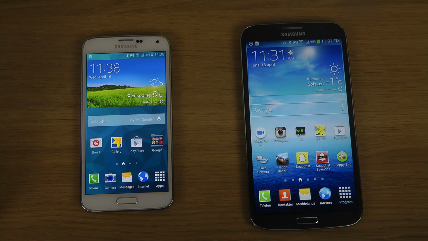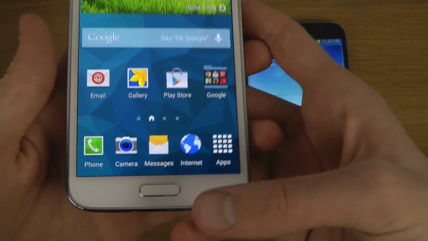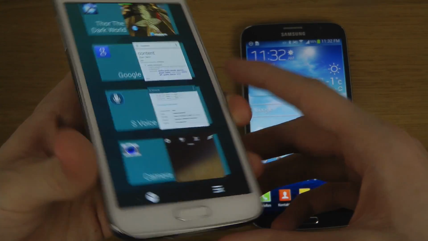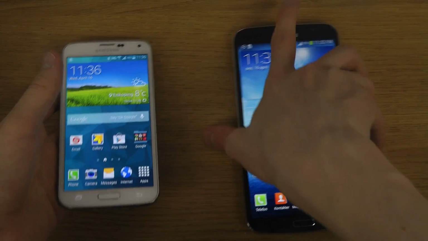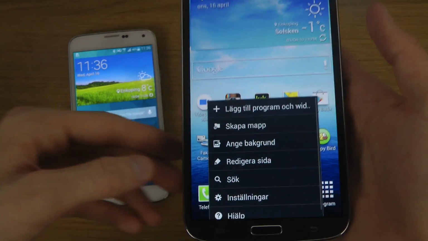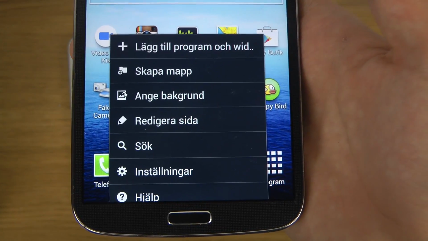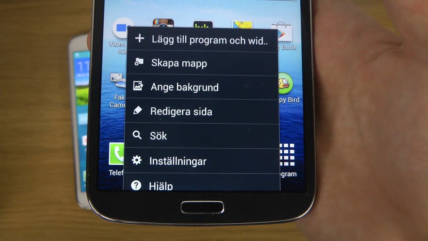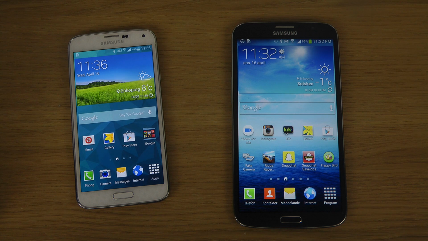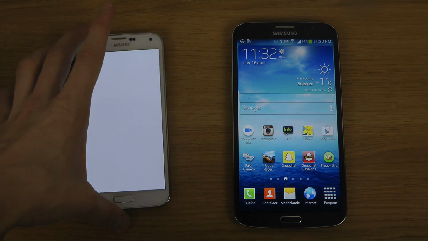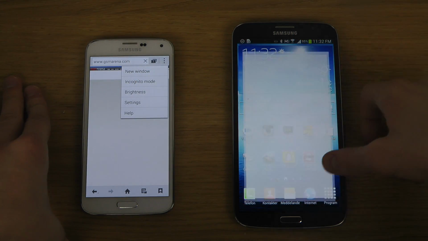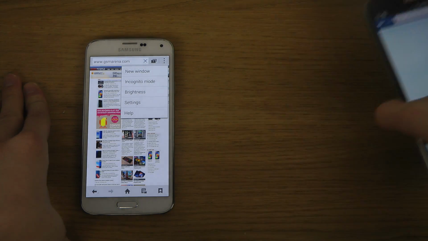Also, if we move on to check out the button layout, we have a back key here on the S5, and then we have a multitasking button, which is the new thing on the S5, because they removed the menu key. If you do the same thing on the Galaxy Mega, you can see you get a menu up and running instead. So that is definitely way different. Now with the S5, when you get a menu, you will usually have that inside of an app. Let's say we open up the internet browser, you have the menu key up here at the top, versus the Mega, where, let's see here,